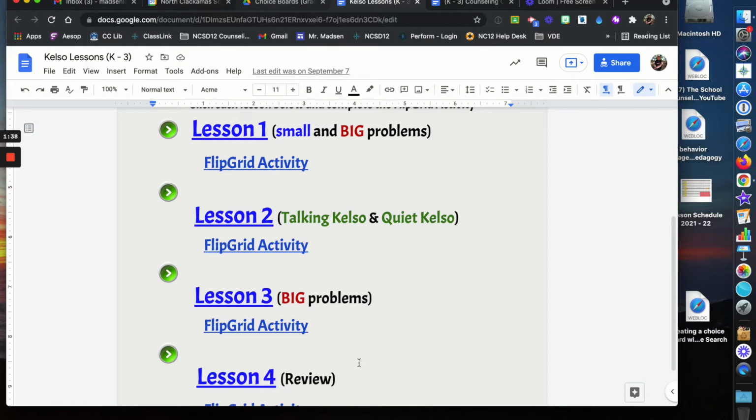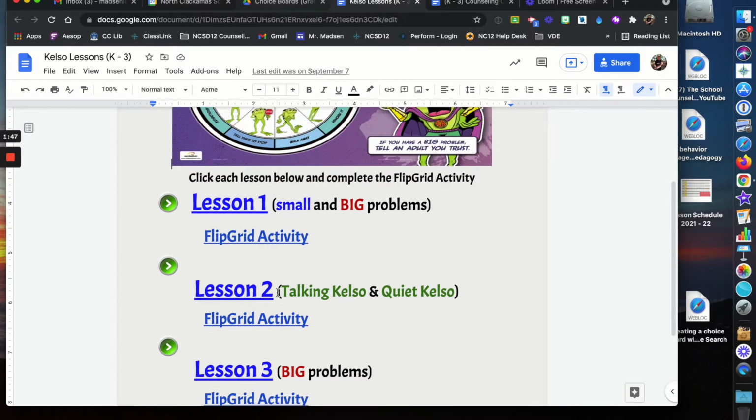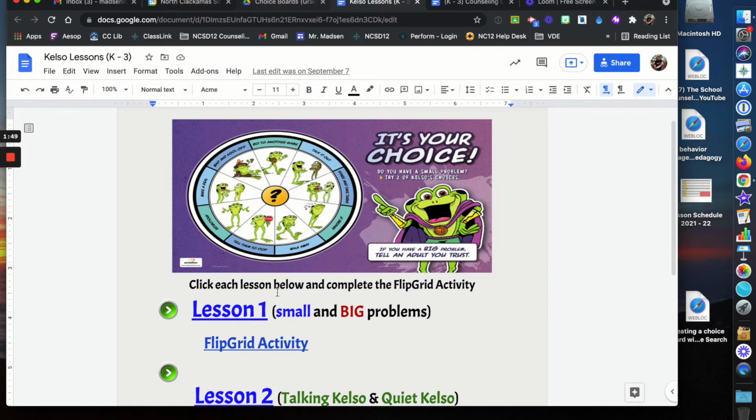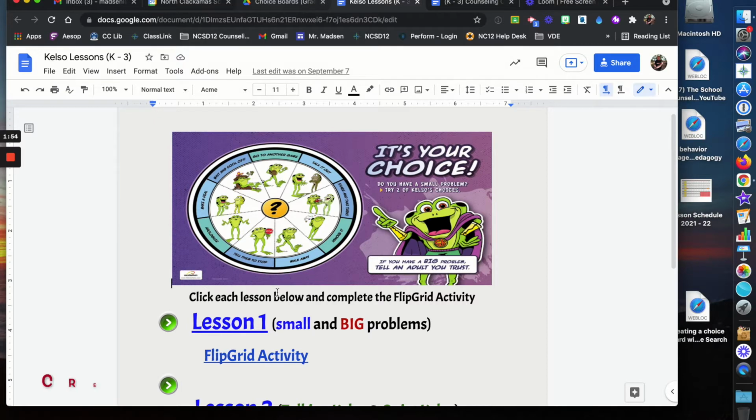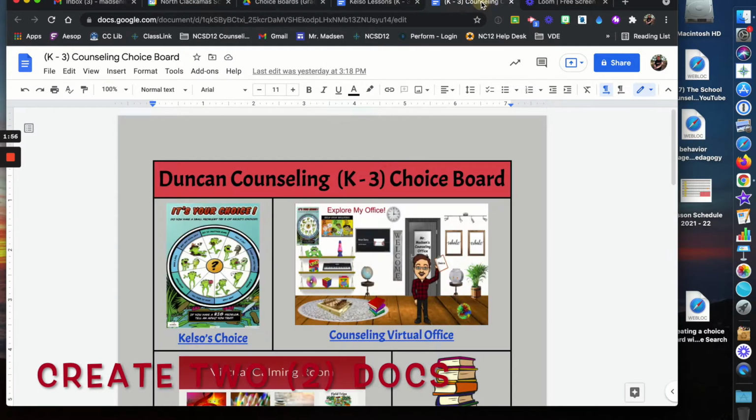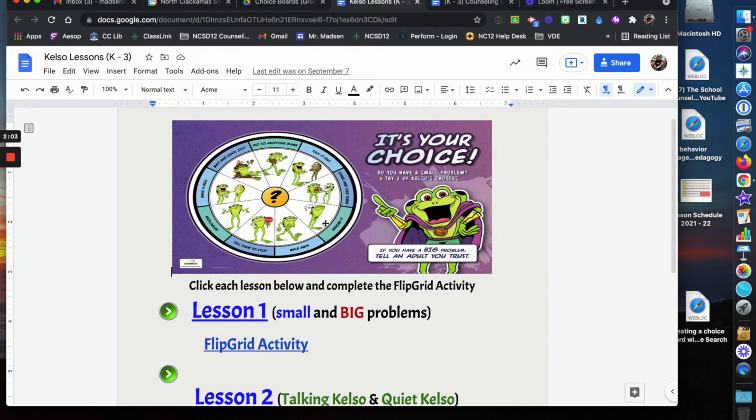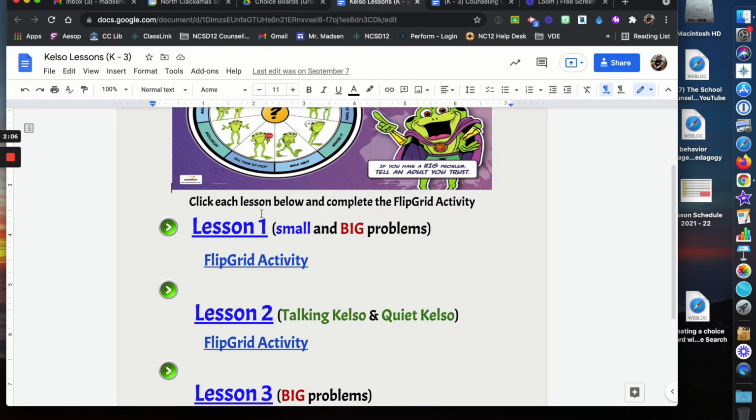This is how I first designed it, but I may make a table that has check boxes so they can check a box when they've done each lesson. I'm thinking about that, and thinking as I look at it that I might organize it differently. So there's two things that you create. The first, the choice board, where you put your information, what you want them to choose. And the second, I needed to create a document that linked to all my YouTube videos